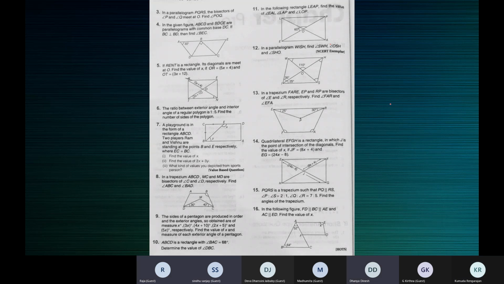7:40, ma'am. Okay. Now what I'm saying is, supposing we have to find in the order. We found this SWH, we found this one. Supposing we have to find the second one, OSH, without using this one. What you should do is, what is 35 plus 25? 60, ma'am. Then how much will this angle be? 60 degrees, ma'am. Is this a triangle? Yes, ma'am. How much is this angle?